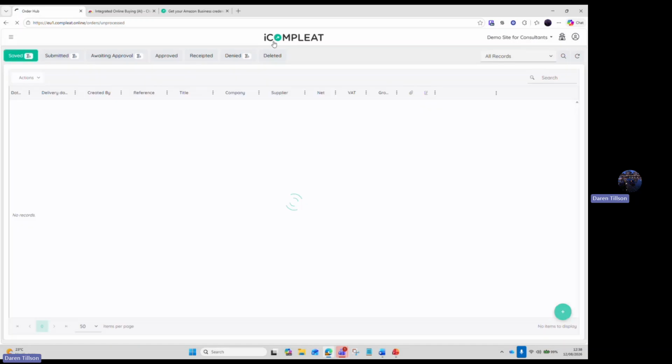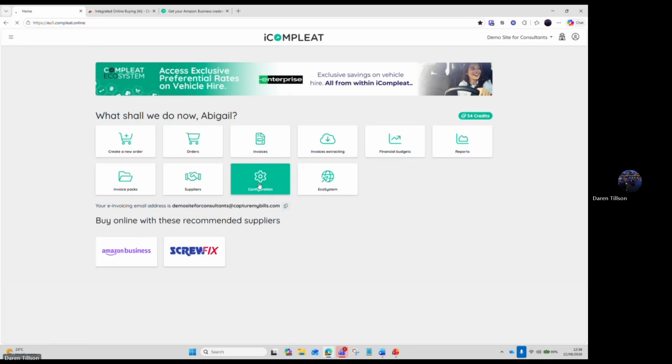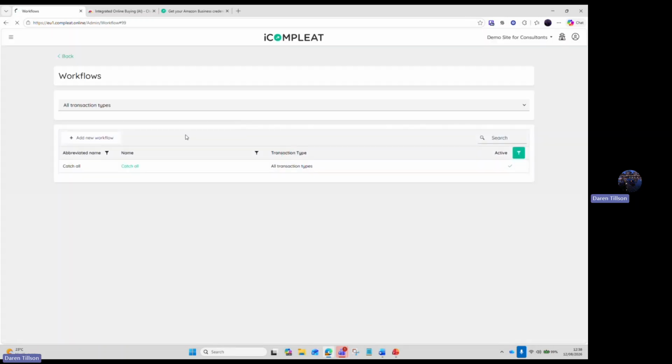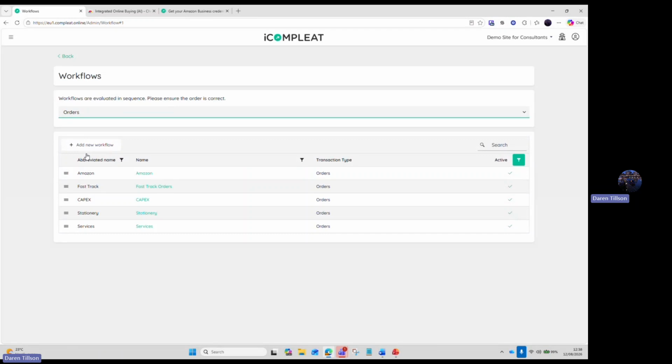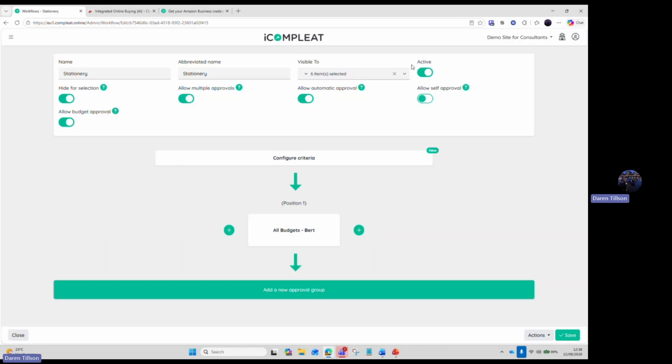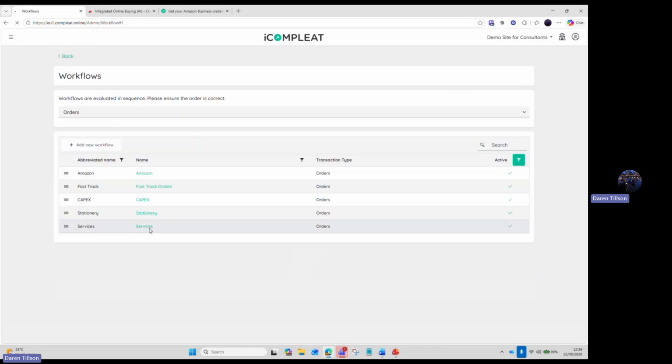So for example, what we could do is, if I go to the configuration side, go to workflows. So this is with the selectors activated. I could say, actually, we need the users to be able to choose whether it's stationary or services. Everything else can be driven by analysis within the system. So within the workflow itself, there's a hide for selection. So if I switch off hide for selection on my stationary workflow, and then do the same on my services,